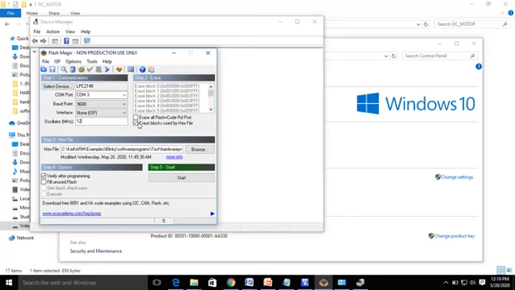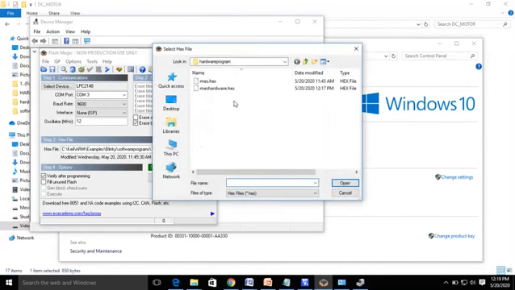In step number 2, you need to select the second option, Erase blocks used by HEX file. In the third step, you need to load the HEX file that was created using the Keil software. To load it, go to Browse, and select the location where the HEX file has been created for this program.